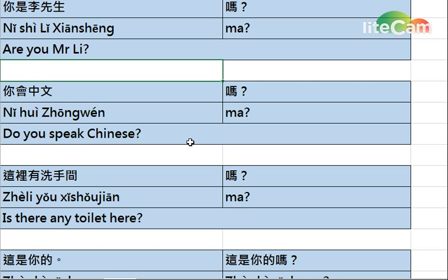And here you can just give 2 answers, either yes or no. If you say yes, it means that you can speak Chinese. If you say no, it shows that you can't speak Chinese. And once again, the plain statement is 你会中文, and the yes-no question is 你会中文吗？